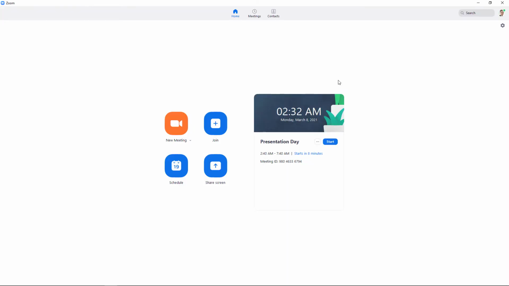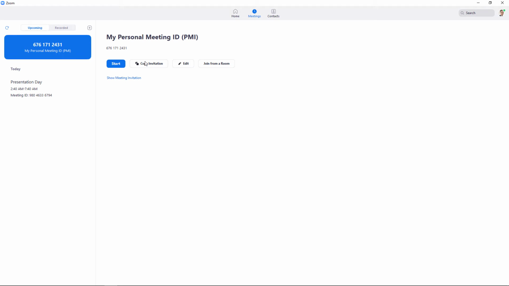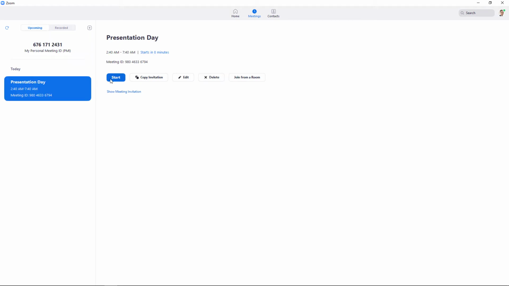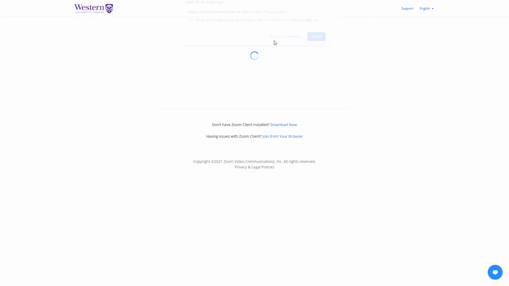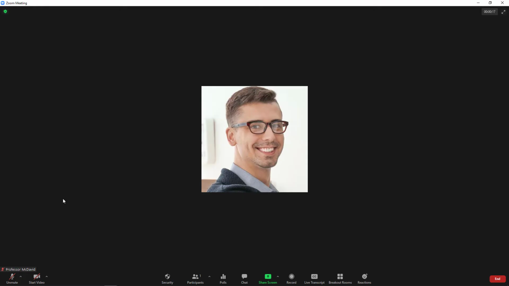To start your event, open Zoom and select Meetings. Select your event and click Start. Alternatively, from zoom.uwo.ca, click Meetings and click the Start button beside your event, which will launch Zoom and start the event. Now, alternative hosts will not be able to start the meeting using either of these